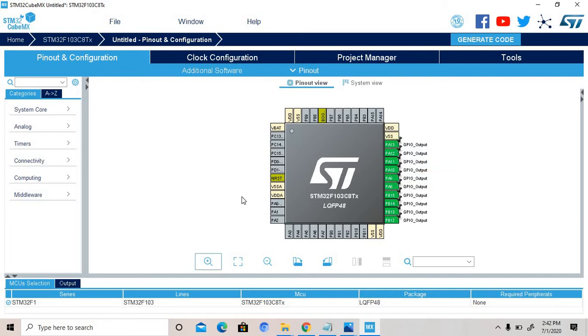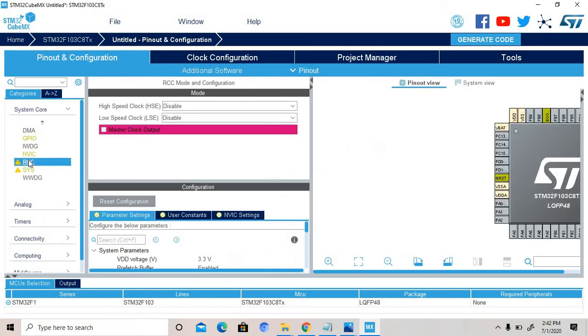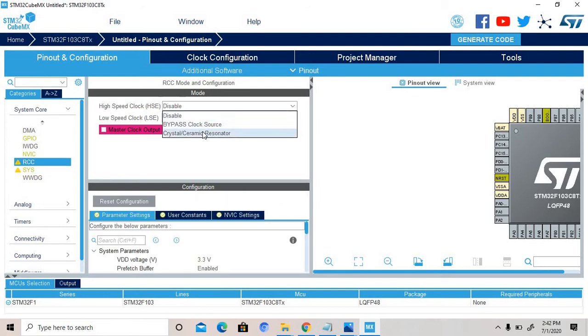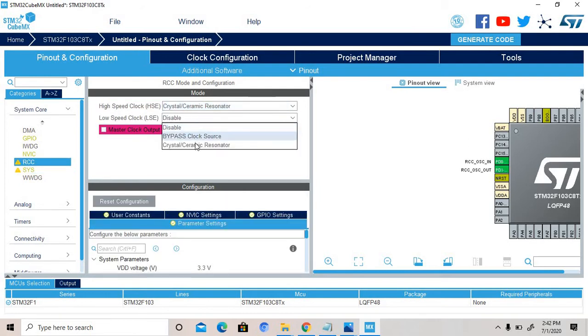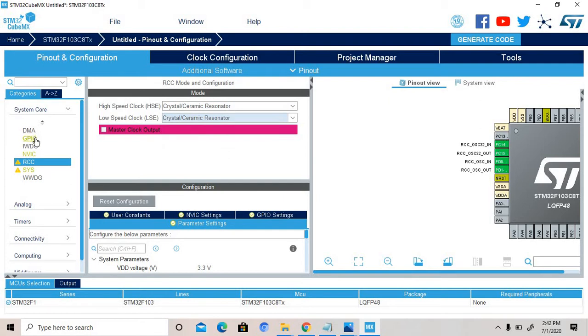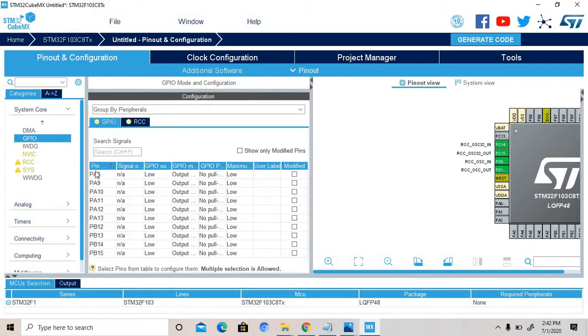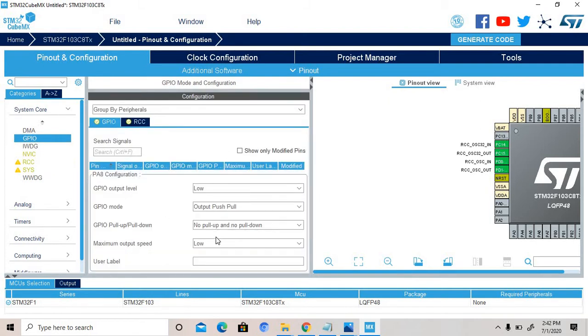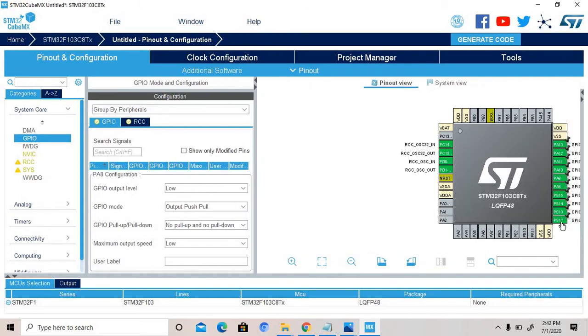Okay, after that go to the system, crystal ceramic, and this crystal ceramic. Then after that GPIO, select this one. First PA8, see this first. This one, B12, is D0.